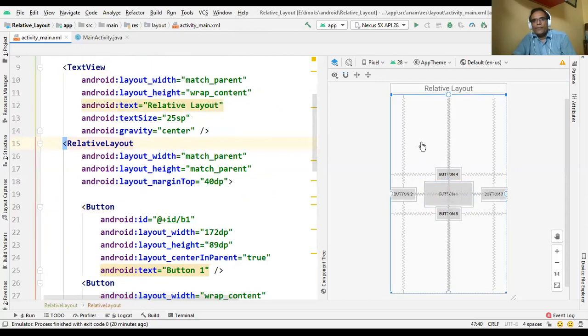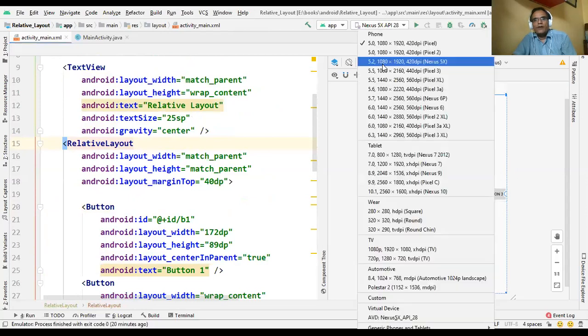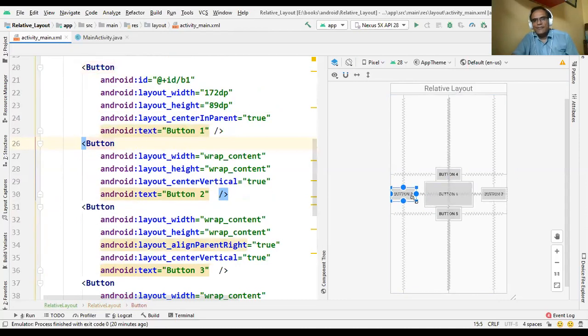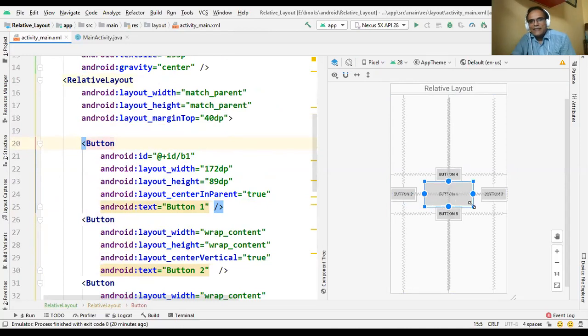Okay, clear? So now in that case, suppose we are increasing more size, width mainly. Now you can see here it is overlapping.